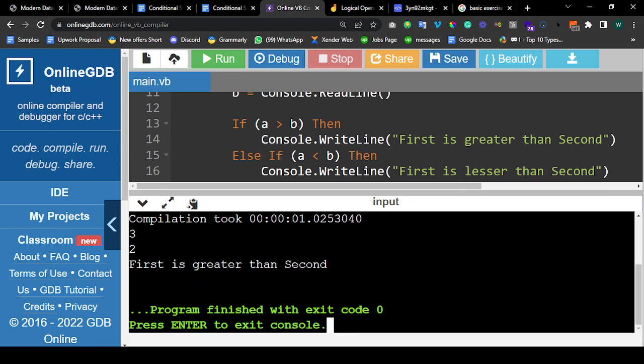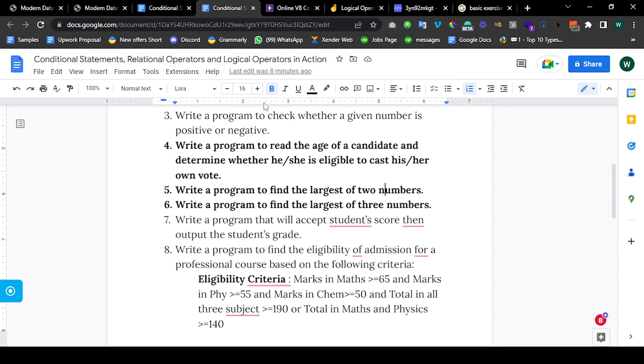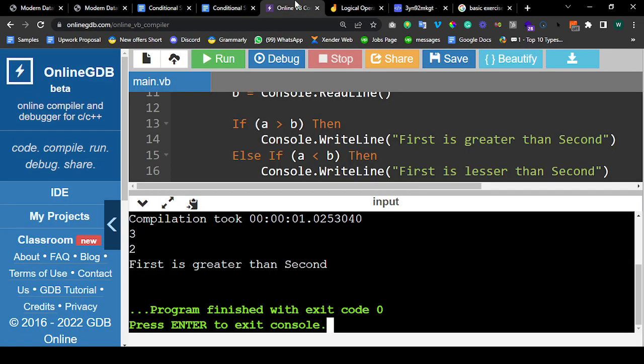Okay, so that is that about that. So to find the largest of 2 numbers. Okay, now what if you want to write a program to find the largest of 3 numbers? This one is a bit technical, but it's not technical actually. So what I would do,